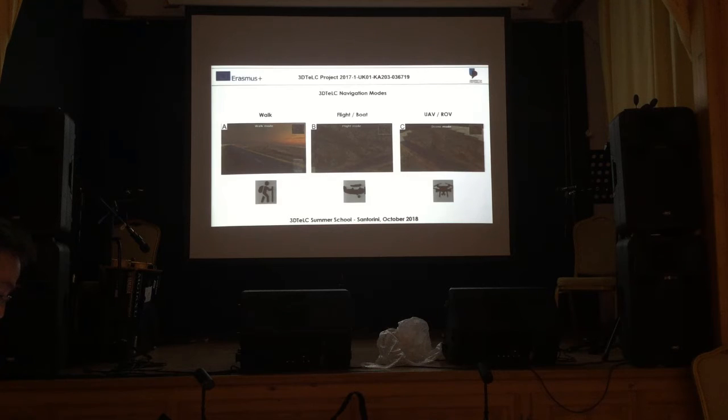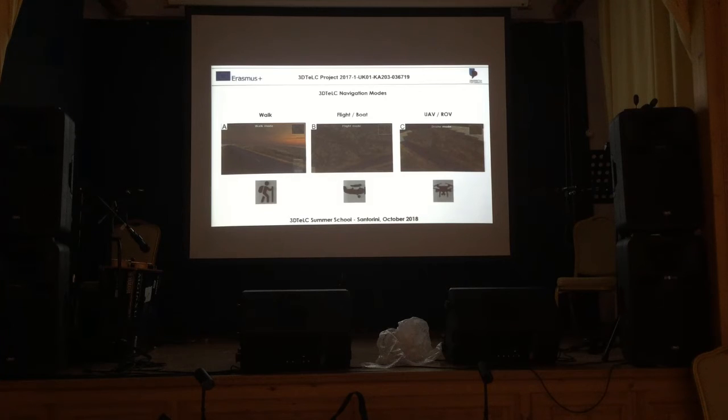The flight or boat mode, so flight for the onshore and boat mode for the offshore. They use it to be able to fly, navigate, and look at the terrain orthogonally from above, like a projection, right? I will tell you more details about this, and you will see hands-on experiences tomorrow. We have a technical session in the afternoon, in which there will be lots of presentations, so you'll be able to experience all these tools. And then finally, we have the UAV and ROV mode, where the user is free to move and interact, just like a drone or an ROV device. It is a simulation of this.